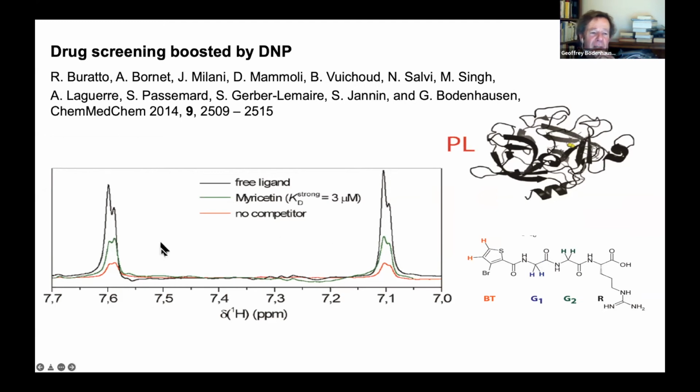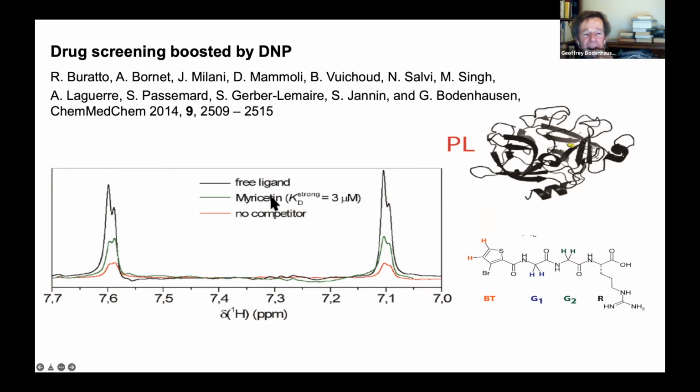Now, if you see these spectra, this is just a proton spectrum of these two red protons here. And if it's just a free ligand, just a drug, you have two doublets. Doublets are not very well resolved because this is after rapid dissolution, so the field is not very homogeneous. And it turns out that if you add protein, then the intensity of the signal drops. So this is a different sample, and you have to be careful to normalize the signals properly, but we have learned how to do that. And you see that the signal drops dramatically after a certain sustaining interval of the long-lived state.